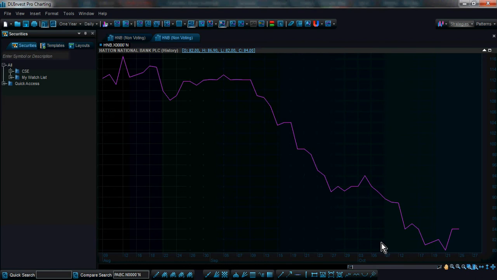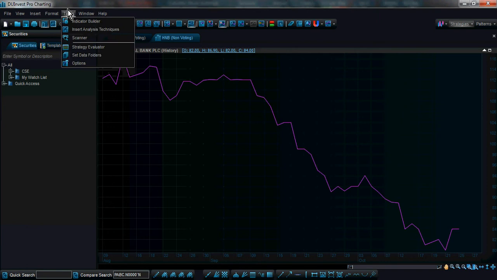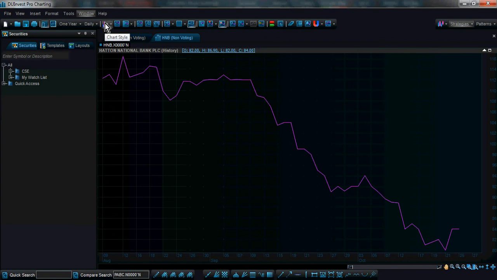Now this charting application is so comprehensive, I would probably need 3-4 days to explain all the features here. I have not touched on many of these features. I have not clicked on any of these buttons here. There are so many that I can show you, and there are so many tools available on the top, which I don't have time to show you.